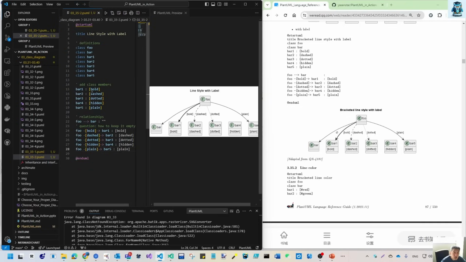You can add this link with the different style using the bracket or the square parentheses, and putting that in the middle of your link. And here try to remember these 5 keywords. Plain should be the same as the default one, and you can bold your link. This means you change the style of your link, and you dashed your link, dotted your link, and you can